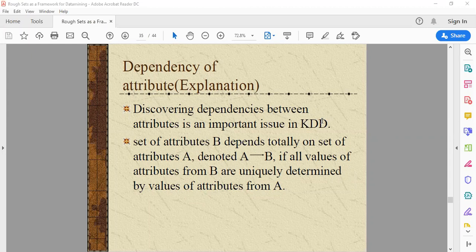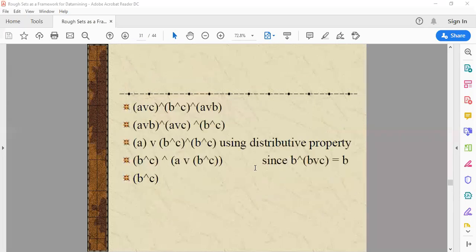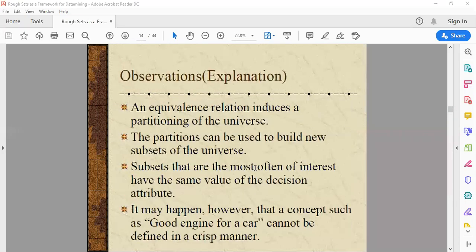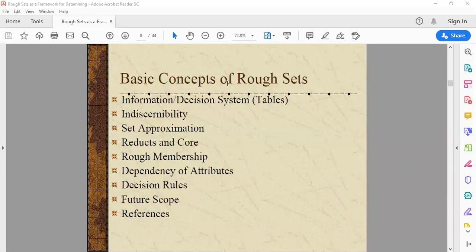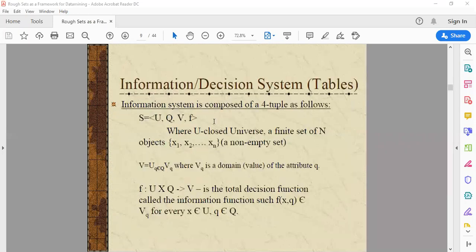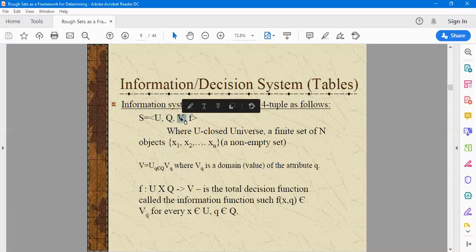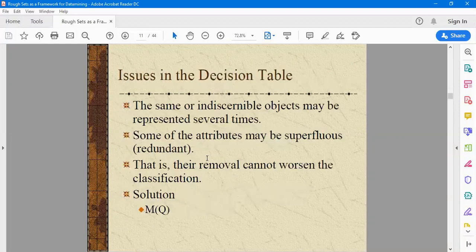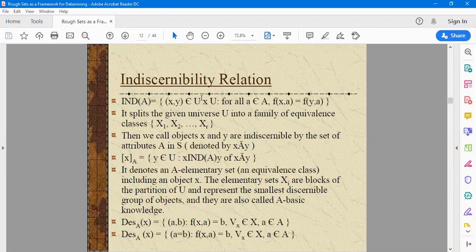I welcome you all for today's session on calculating the dependency of an attribute, especially using rough set theory. This is a continuation of our previous lectures where we tried to identify the various components of the rough set, that is, the information system, which consists of a number of objects, a number of attributes, the domain values of each attribute, and the decision function of that table or the problem statement on which the information system has been designed. Next, we discussed the example and the issues of the decision table, and how to calculate the indiscernibility relation,